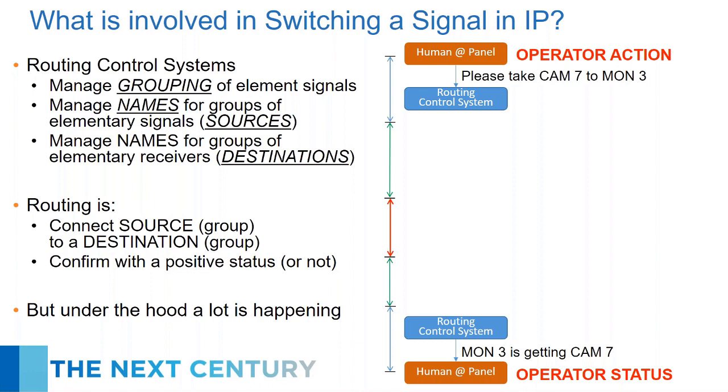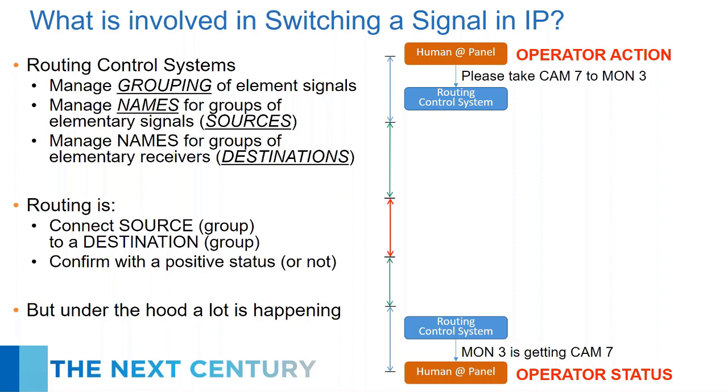Now, underneath, you've got this blue box called the routing control system. And you say, well, what does it do? Well, what it does is a couple things. It manages grouping of things. So if camera 7 really means a video from camera 7 and some audio from some microphones that are mounted on camera 7 and maybe some other data that came along with it, maybe there's PTZ data or something that has to come with that, the control system understands how all those parts relate to each other. The control system also is the thing that knows that that one's called camera 7. That name camera 7 is assigned in the control system. And of course, monitor 3, same thing.